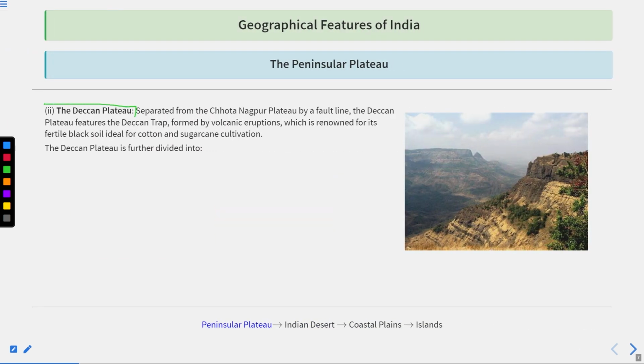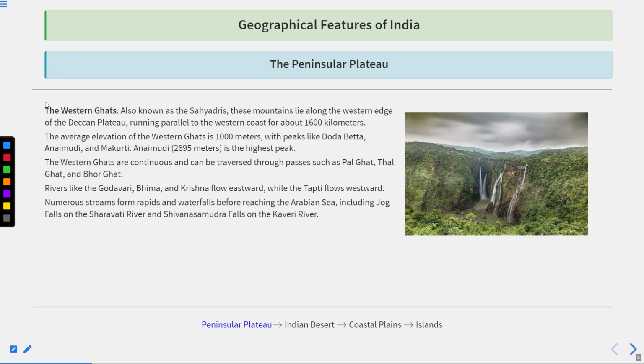Thereafter, the Deccan Plateau. It is separated from the Chota Nagpur Plateau by a fault line, and this feature is known as the Deccan Trap. Okay, this is basically formed by volcanic eruptions, which is renowned for its fertile black soil, ideal for cotton and sugarcane cultivation. Thereafter, the Deccan Plateau itself got further divided into various parts. Like the first is